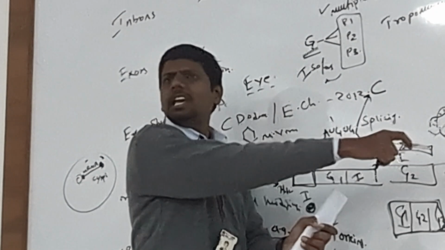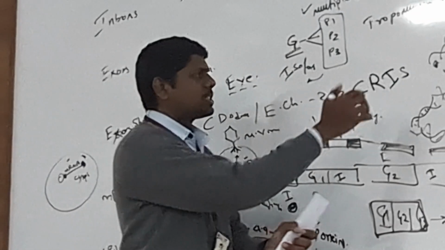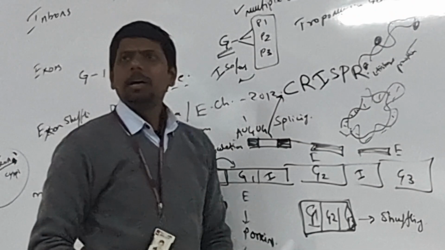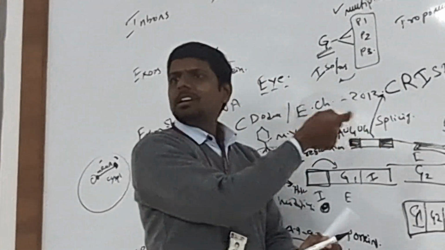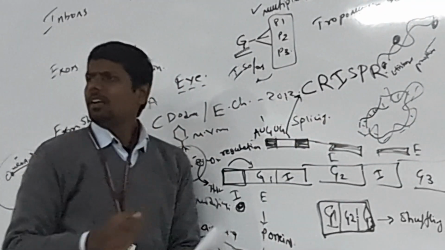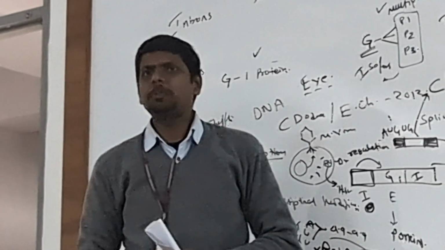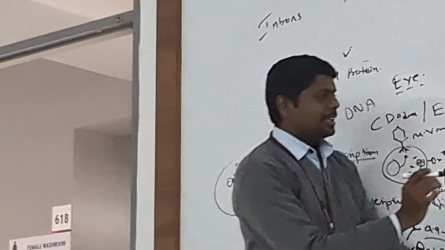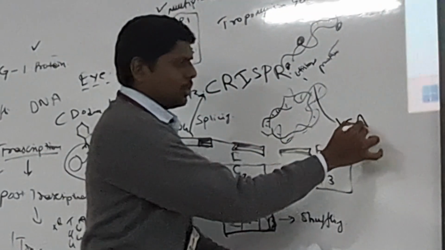Clustered means they are clusterly arranged, regularly interspaced, short palindromic repeats. The word palindrome: clustered regularly interspaced short palindromic repeats present within the genome of a bacteria. So they say it has CRISPR genes. Then what is the role of CRISPR? I will discuss. Then the bacteria has a specific enzyme called CRISPR associated